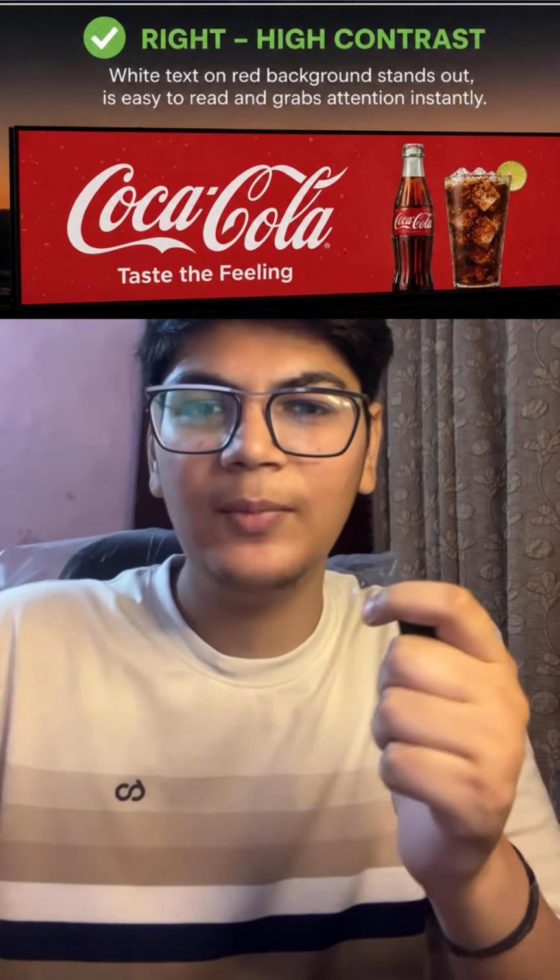So imagine you are driving on a highway and you see this billboard. Will you be able to read the text written on this red background? No, right? Now look at this. Only a small change of color of text. Now you are able to read it properly, right? So this is contrast.